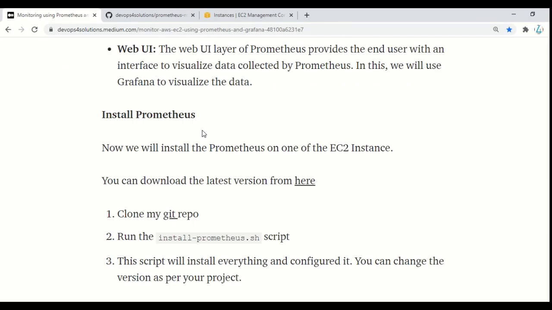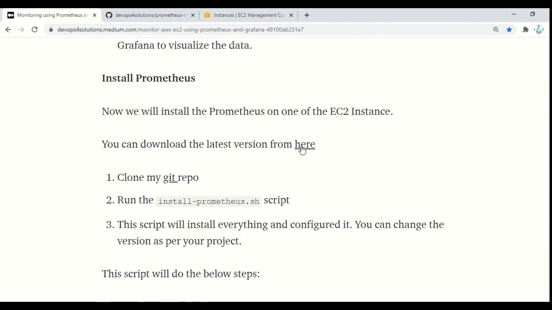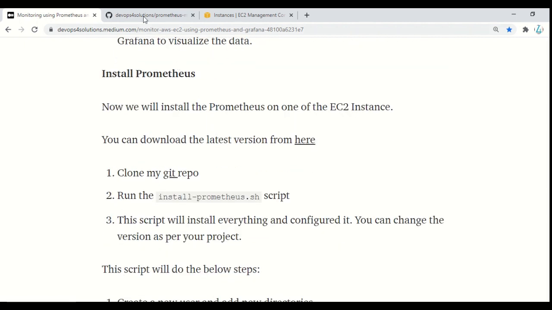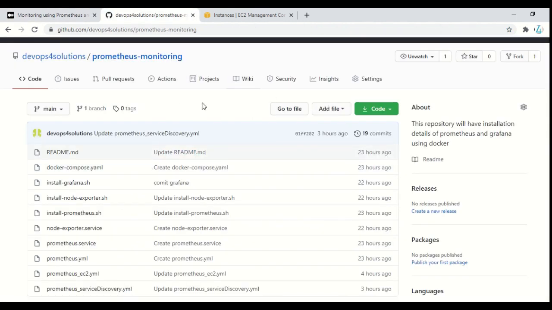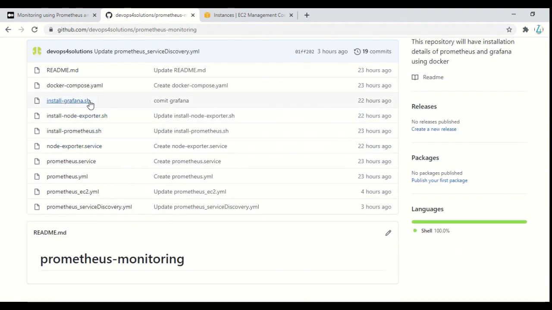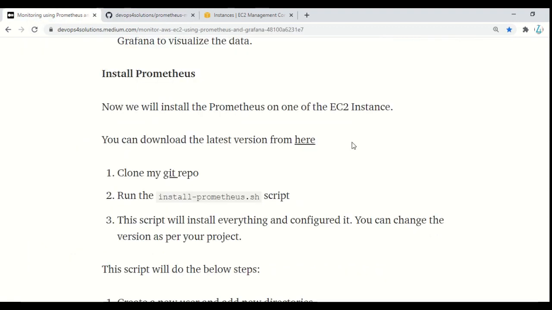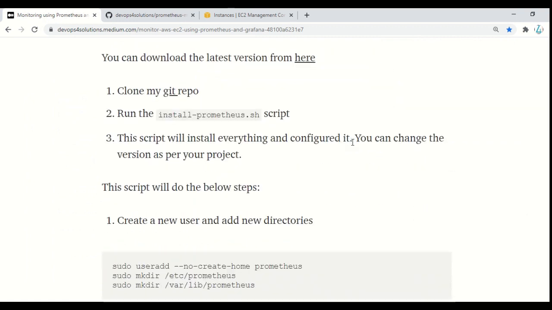I'm not using any Docker and Docker Compose. Everything is a script. I have created this GitHub repo that you can also refer to, and here I have provided the shell script to install each of the components. This time I am installing Prometheus, so I can just directly run this shell script. Before I run this, I just want to explain what this file contains.